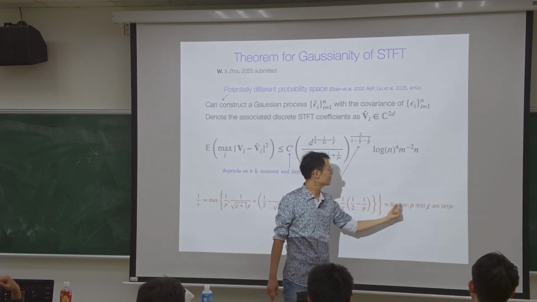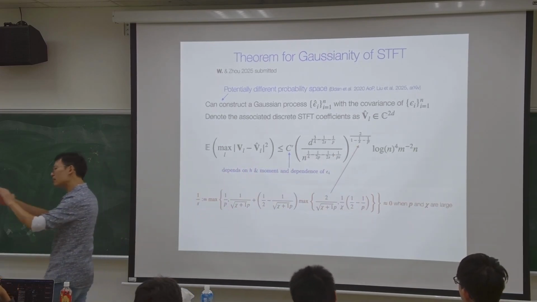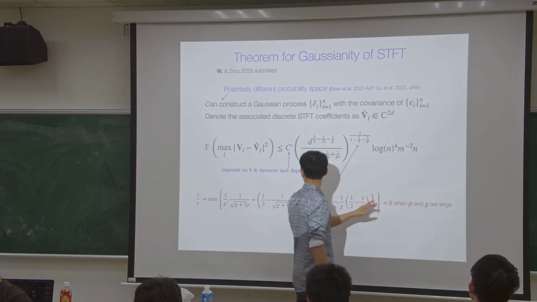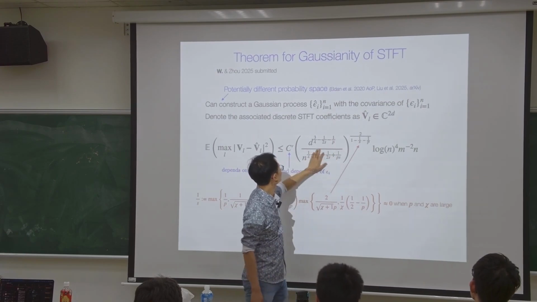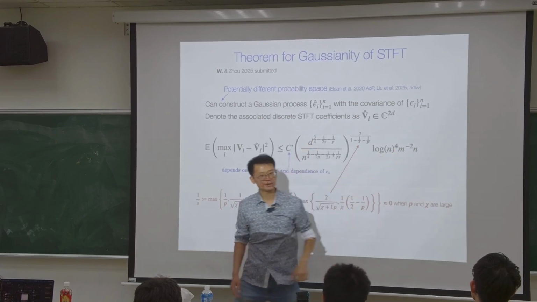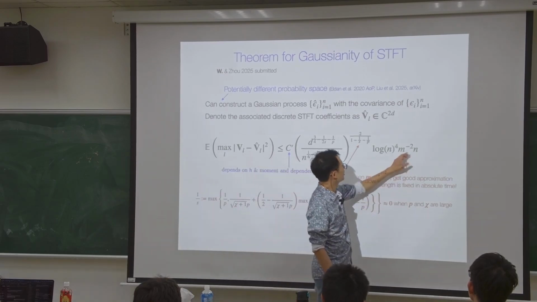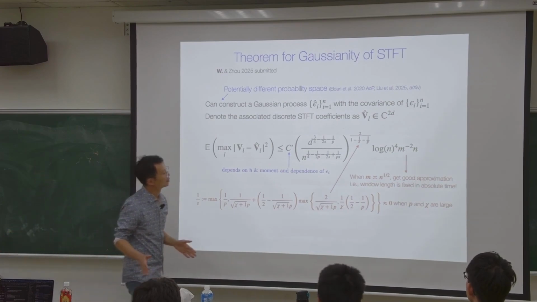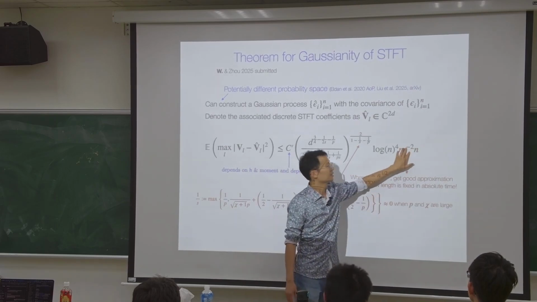We just care about when p is big and chi is big, meaning that the data is very good. It has many, many moments, and the dependence is short. In this setup, 1 over s is just 0, 1 over p is 0, 1 over everything is 0. You just get d to the 3/4 and n to the 1/4, and you have this and that. And now, what is this guy? What is M? M is actually the length of the window you consider. And if we choose M to be of the order n squared, then this term disappears.